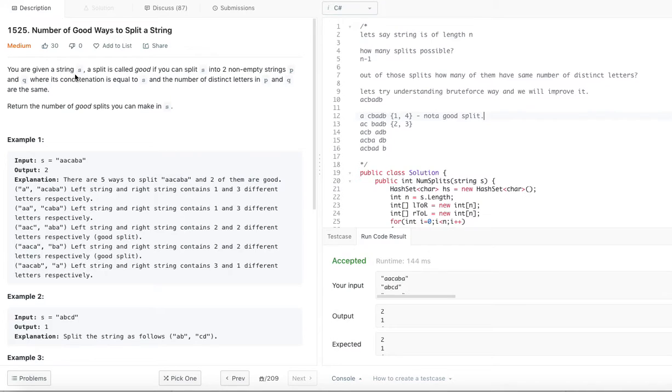A split is called good if you split S into two non-empty strings P and Q, where P and Q concatenated are equal to S and the number of distinct letters in P and Q should be the same. Here P is 1, Q is 4, so it is not a good split, and even the second one is also not a good split. Now go to the third one, A C B is 3, A D B is 3. Yes, this is good, because they are the same. And going on, A C B A will be 3 and the other is 2.